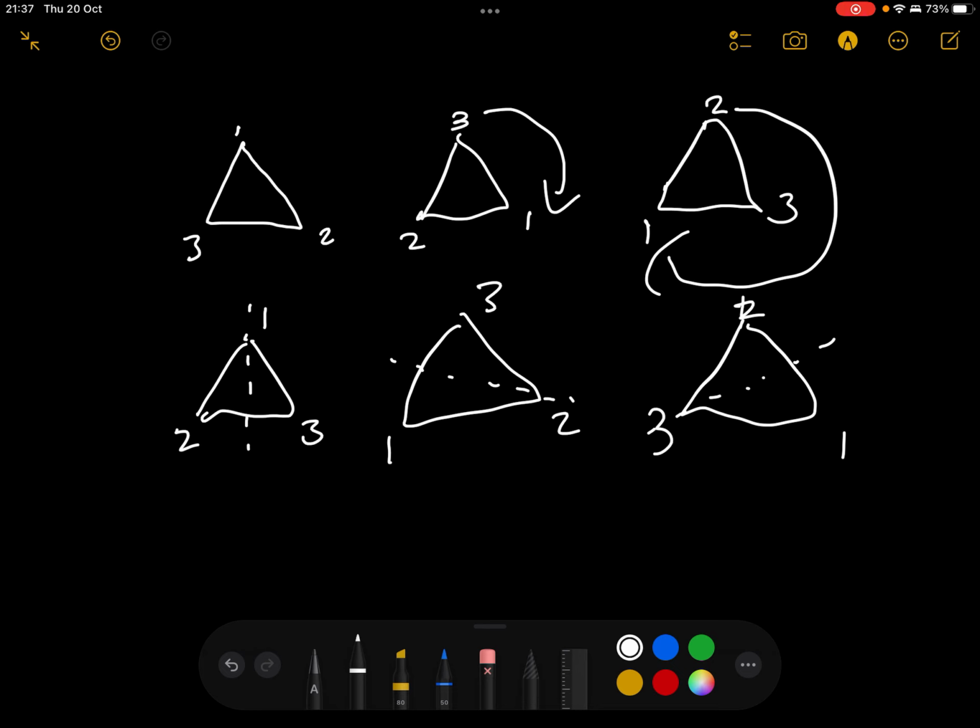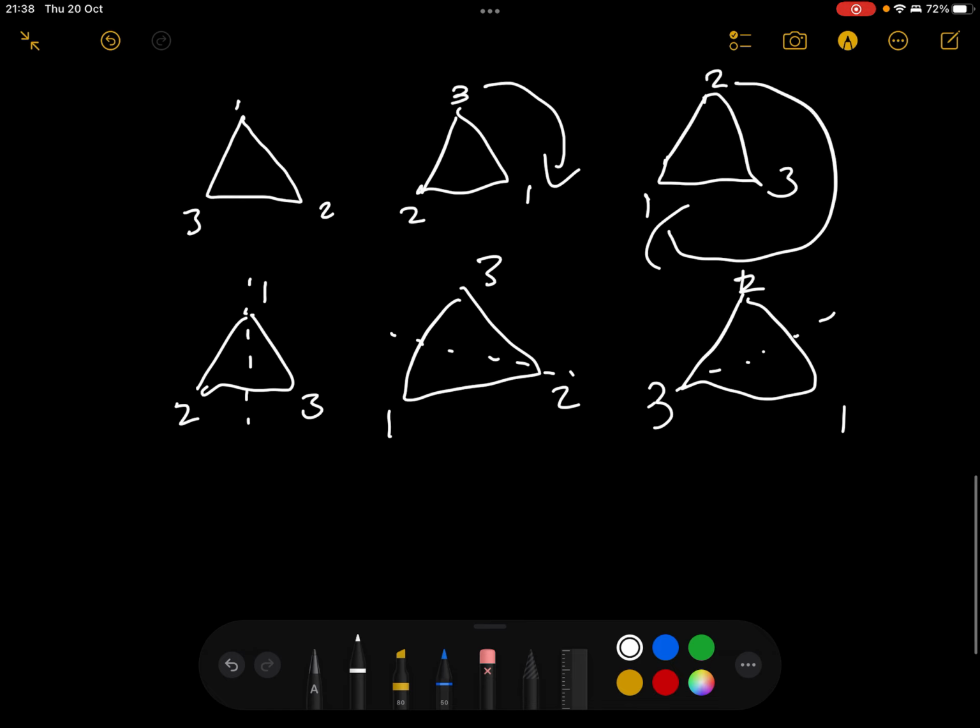So essentially we want to do transformations of this triangle and keep it looking the same. I know my pictures all look different, but essentially you want to pick up the triangle, somehow flip it or rotate it, some sort of transformation, and then put it back so that it looks basically the same if it weren't labelled. To be fair, that's basically a physical understanding of it, but essentially what you have,